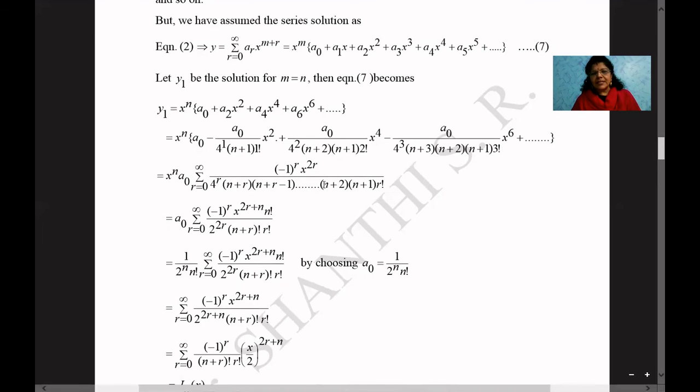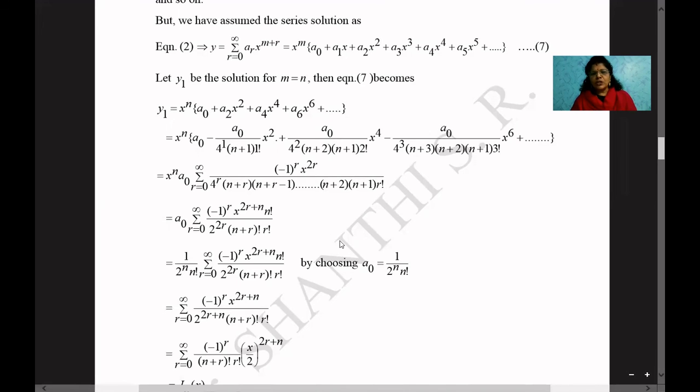This can be written as n plus r factorial divided by n factorial. Correct? What is n plus r factorial? N plus r minus 1 into n plus r minus 2 into etc. N plus 1 into n minus 1 into etc. up to 1. Here n into n minus 1 into etc. up to 1 is not there, which I am multiplying. That is n factorial. I am multiplying here in the numerator. Denominator 1 n factorial, numerator 1 n factorial, I am multiplying. So the denominator, this expansion will be n plus r factorial. This n factorial as it is.